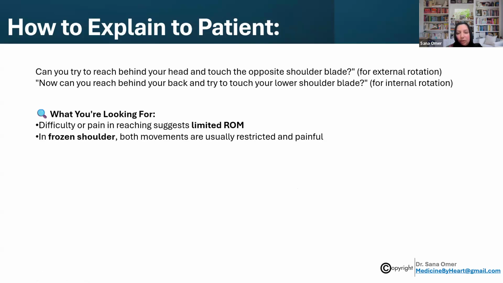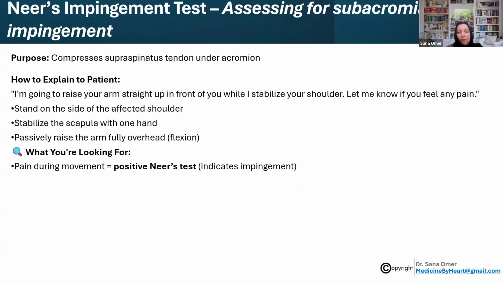So can you reach behind your head and touch the opposite shoulder blade? This is for external rotation. And now can you reach behind your back and try to reach your lower shoulder blade? So for internal rotation. Then for the impingement test, I'm going to raise your arm straight up in front of you while I stabilize you. So you hold the shoulder of the patient and raise their hand, and let me know if